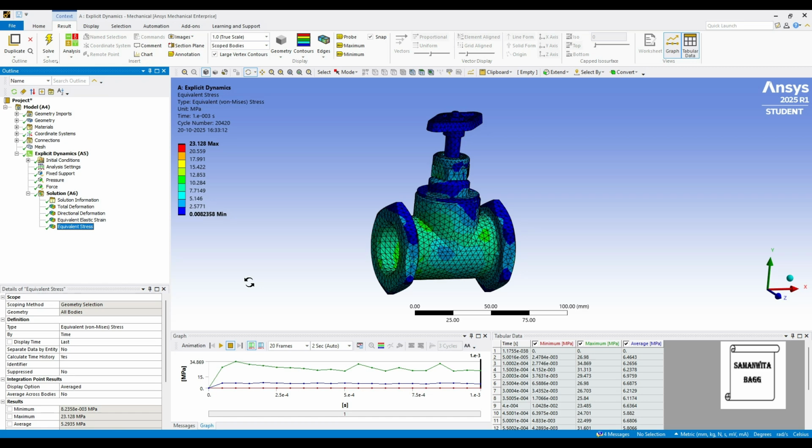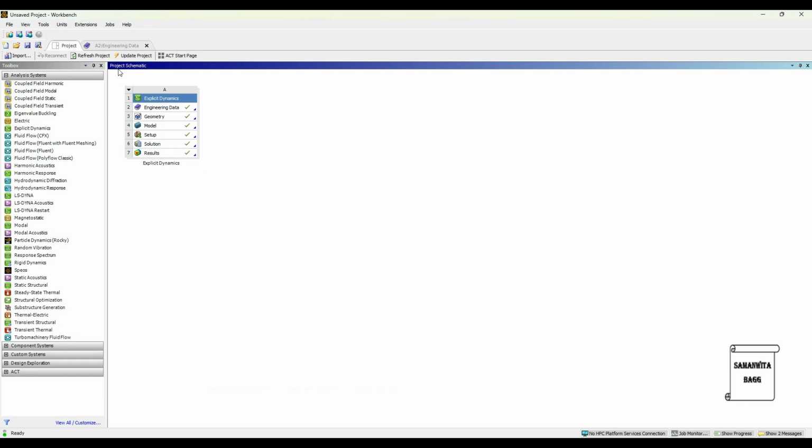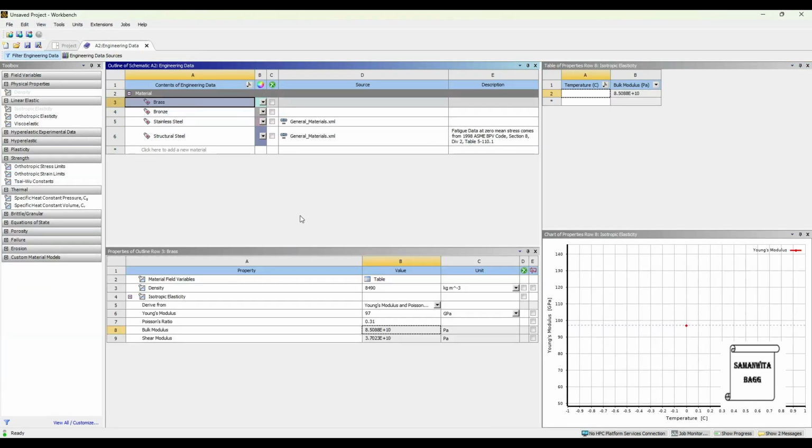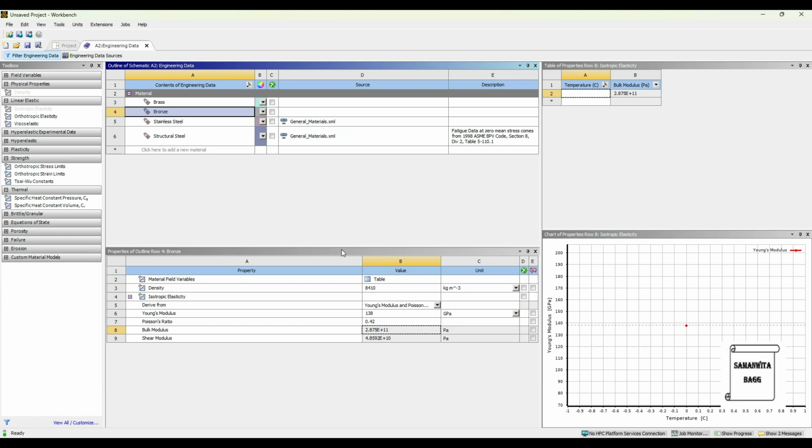Now what happens with brass and bronze is you can check this value here. When we go to engineering data sources, we will see what is the value of Young's modulus. For brass it is 97, Poisson's ratio is 0.31. Density is 8490. Then for bronze, this is 8410 density.